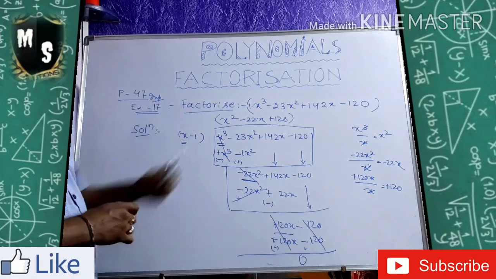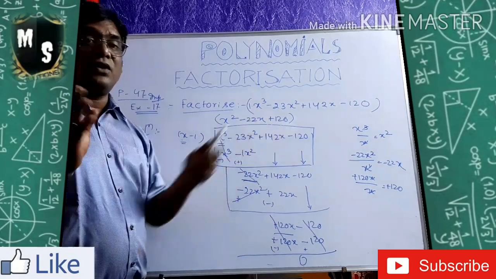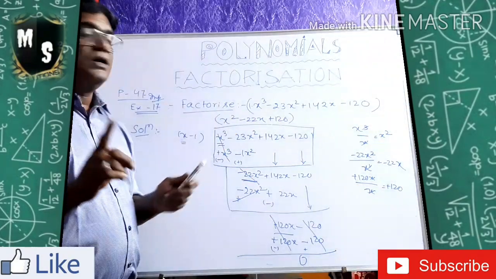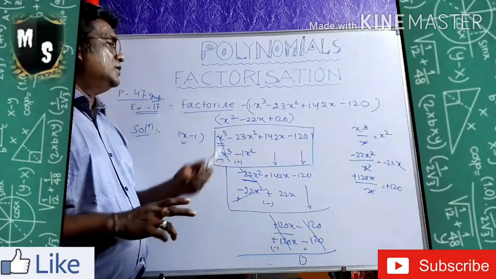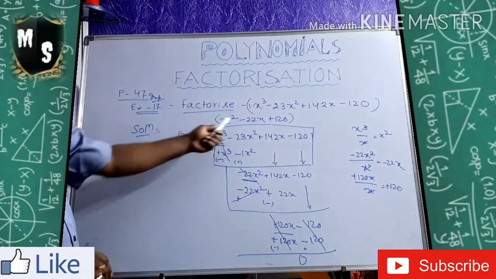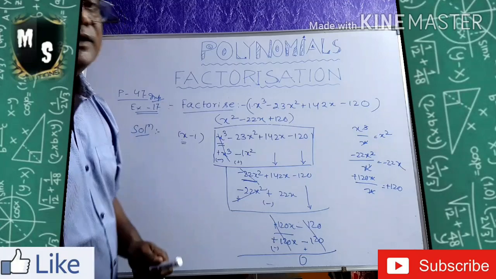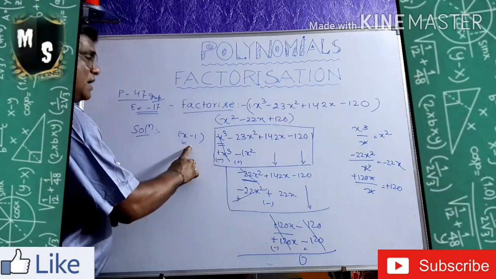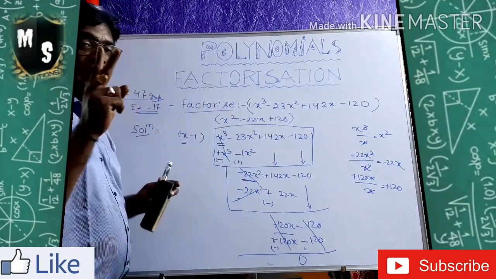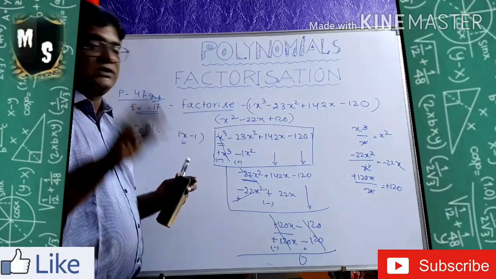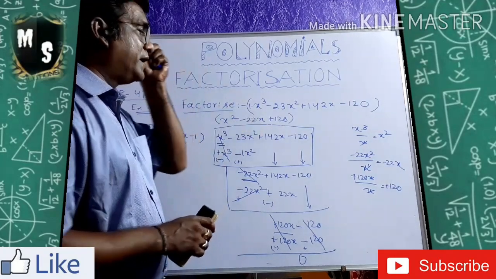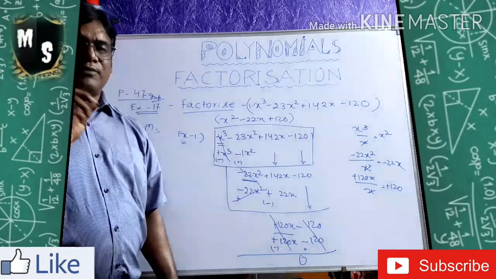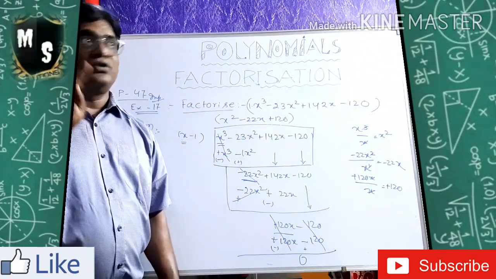Again, after this division, you have to go to the quotient for middle term splitting because the quotient is coming under a degree 2 polynomial. You understood? It is coming under a degree 2 polynomial. So what is the quotient came? So x square minus 22x plus 120 to be solved in middle term splitting method. Okay, so first factor we got. After solving this, we will get another 2 factors. So total we get 3 factors for cubic polynomial. When a cubic polynomial will be given to you, compulsory there will be 3 factors for you. After the factorization, you will get 3 factors for it.